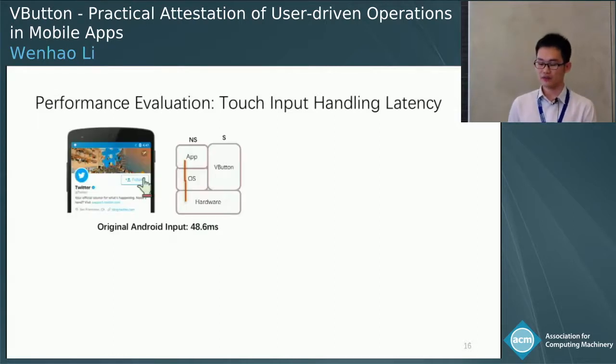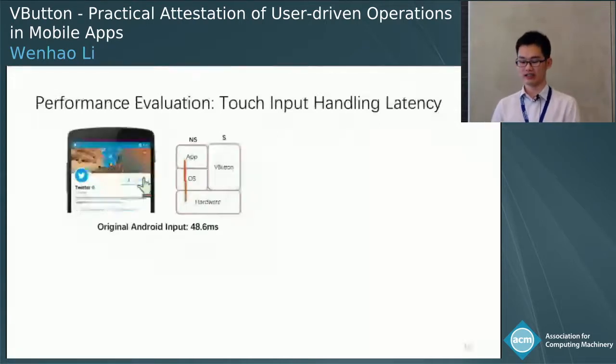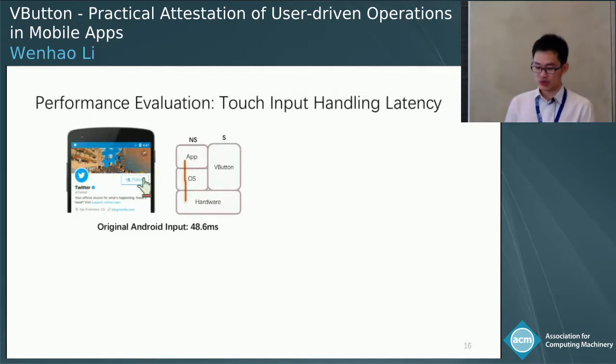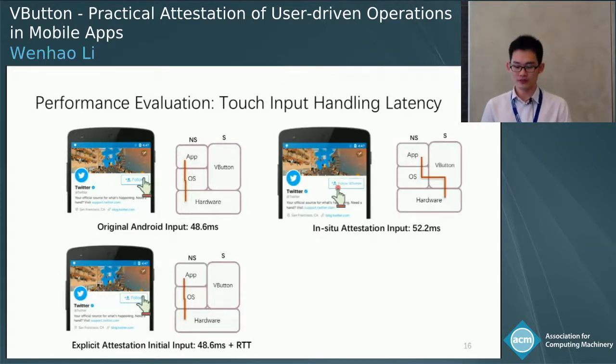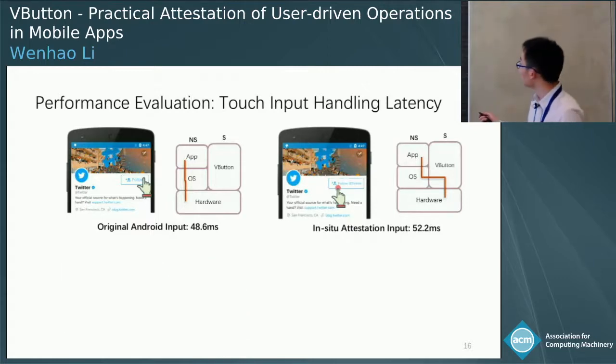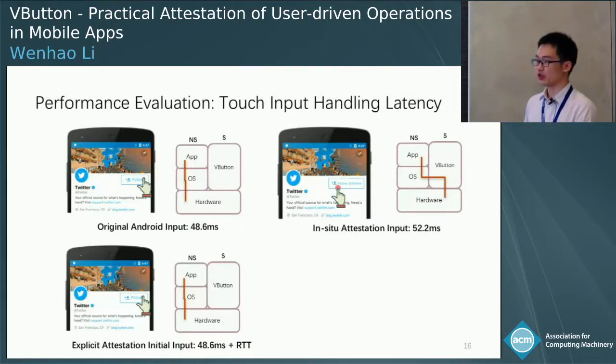Since VButton heavily modifies the input event handling routine in different ways for each mode, we measure the input latency. In the original Android device, the input latency is 48 milliseconds, and in in-situ attestation mode, the touch event comes directly from the secure world to the VButton manager and then is forwarded to Android to consume. So the time cost is 52 milliseconds. For the explicit attestation, it's slightly different because during the explicit attestation, the user needs to click twice.